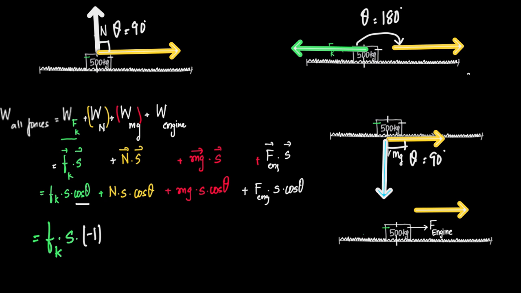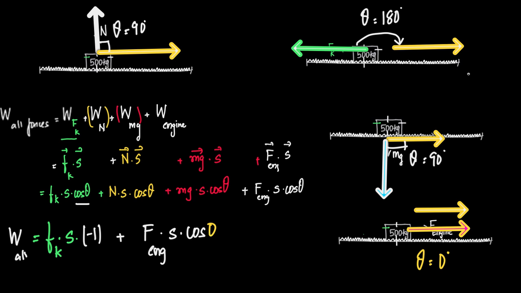Now the only force we are left with is F engine into S into cos theta. That I can write over here, plus force engine into S into cos theta. What is the direction of displacement here? Towards the right. The force given by the engine is also acting in the same direction. Therefore the angle between them is 0 degrees, so instead of cos theta we can write cos 0, which is 1, right? Therefore, work done by all forces summarizes to work done by friction into -1 plus work done by engine into